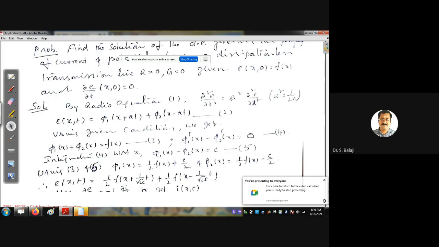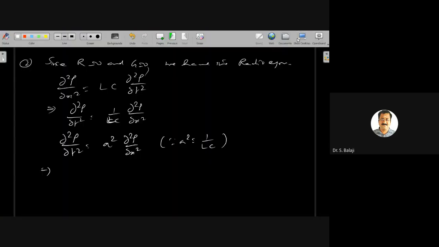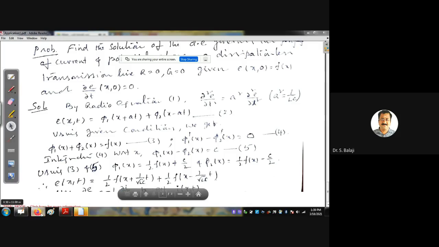I think there is no need to write a square as 1 by LC. If you write a square as LC, that is the best choice you can use here, because we are writing the function of f of x plus at form here. The two roots are a and a here. So I think there is no need of this idea, a square equal to 1 by